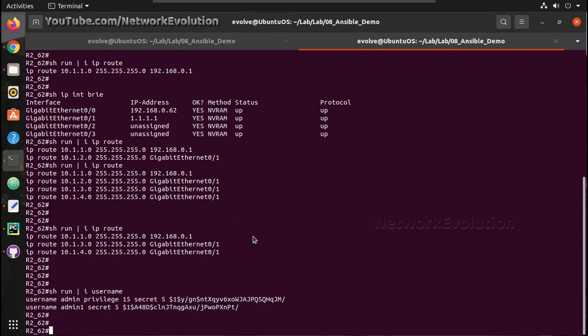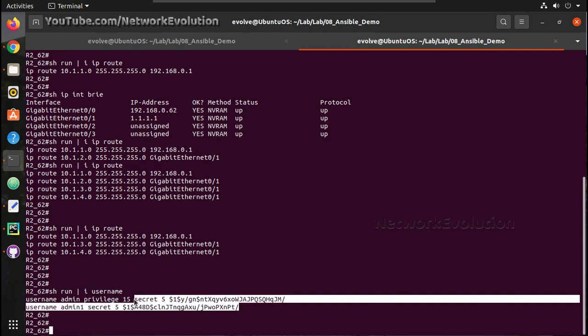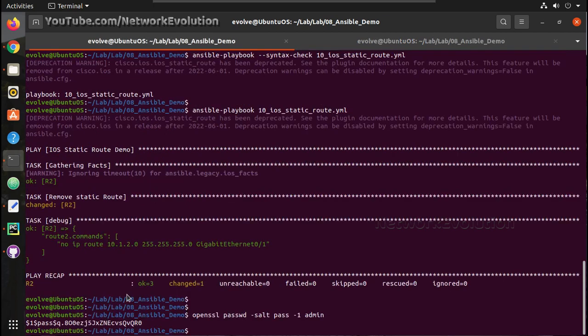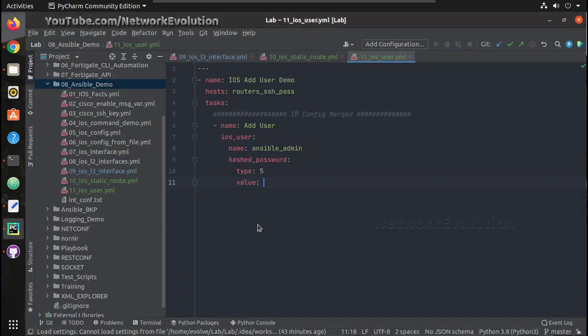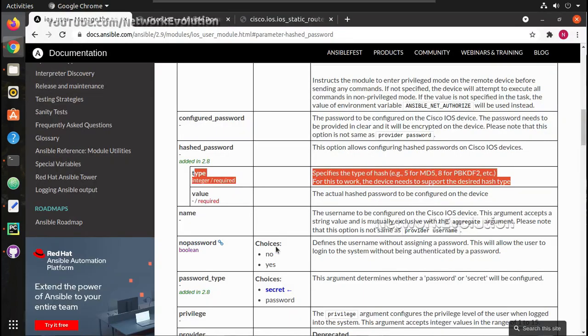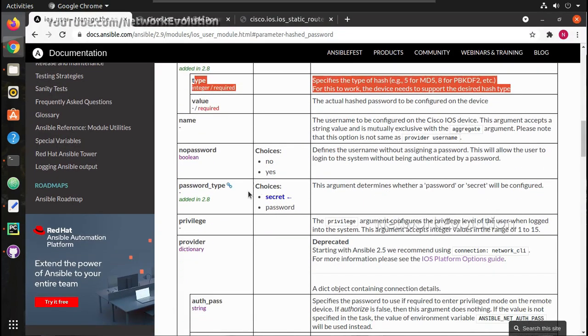Either we can directly copy and paste it and validate once, and we can just try putting it into the playbook. So we'll put it into the playbook, and under that we can even set the privilege. So we'll verify that option here.